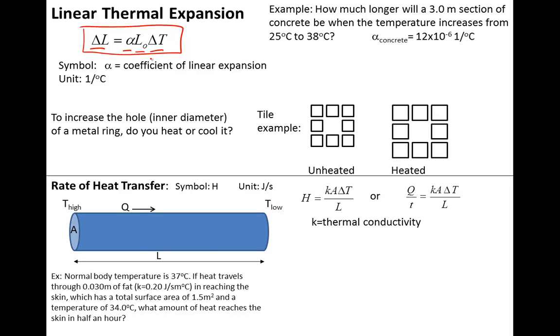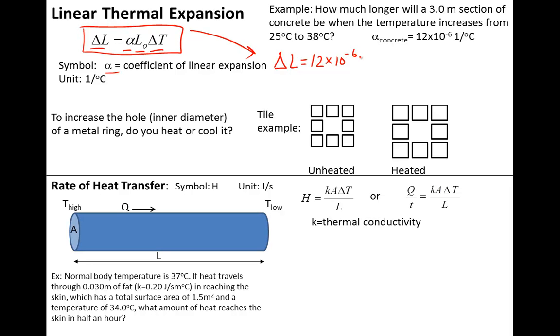An example of this would be this example here that says how much longer will be a 3-meter section of concrete when the temperature increases from 25 degrees Celsius to 38 degrees Celsius. So we simply put into our equation the linear thermal expansion equation. Alpha is the coefficient of linear expansion. Again, that's going to depend upon the object. In this case, concrete has a linear thermal